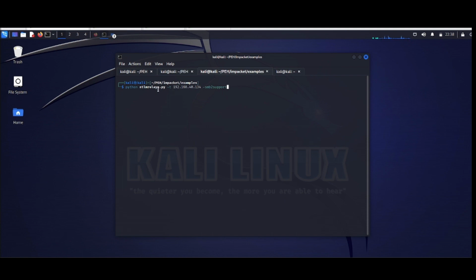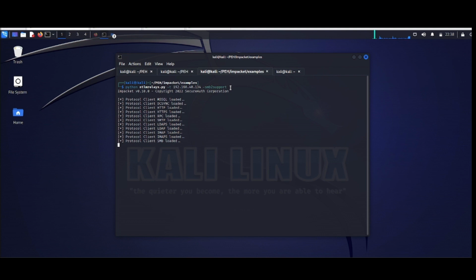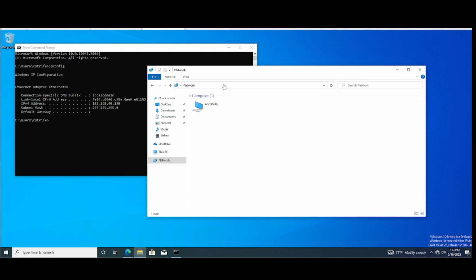Okay, I already have everything listed out here, and we're going to be targeting that 134 box. So let's go ahead and hit enter, get this fired up. Loading everything, waiting for connections. Okay, so let's go back to box number 1. All right, we're going to go in, and I've already done this. So let's see here,